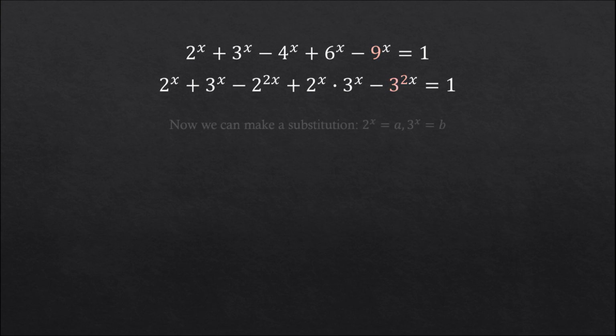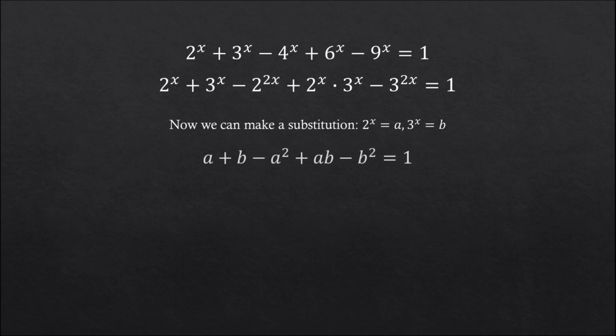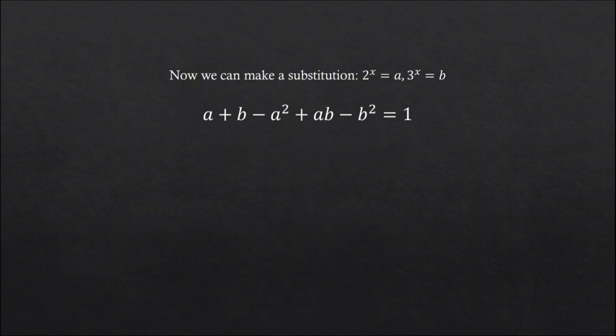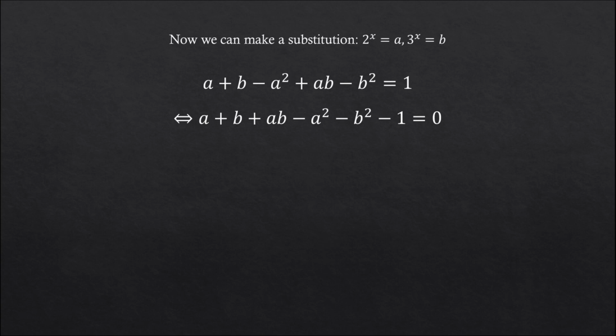Following on, the next smart thing to do would be to make a substitution. It is really useful, especially in this case, because the second equation basically contains only 2 to the power of x's and also 3 to the power of x's, so it would be smart to make the substitution. And as a consequence, we get a new equation: a plus b minus a squared plus ab minus b squared equals 1. So we basically created a new problem, and in order to tackle this new problem, I'm just